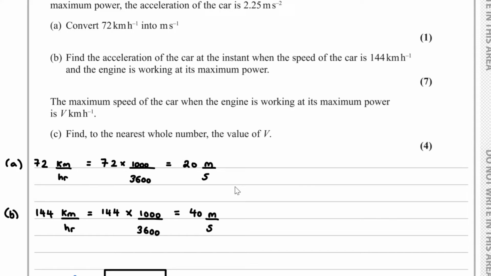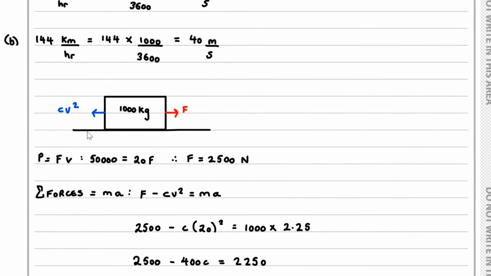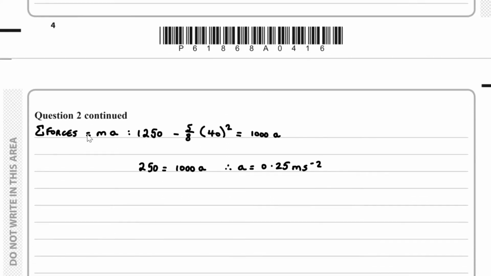For part C of the question, the maximum speed of the car when the engine is working at its maximum power is v kilometers per hour, and for part C, we have to find to the nearest whole number the value of v. Well, as we did previously, we need to convert the kilometers per hour to meters per second. So for part C, we've got v kilometers per hour,